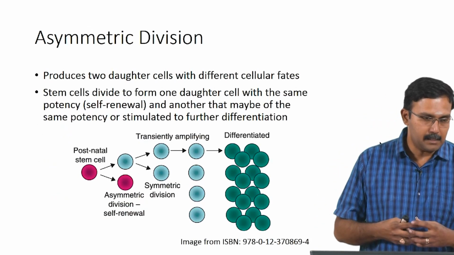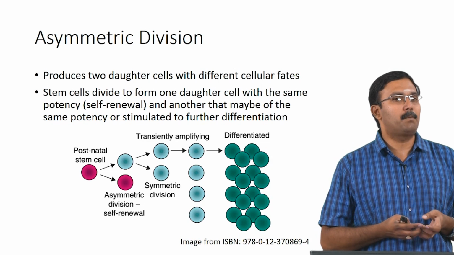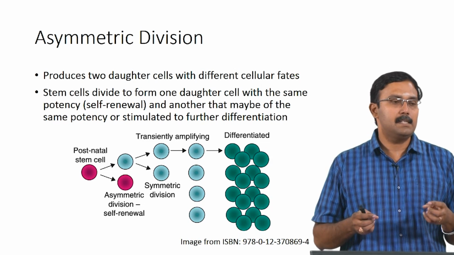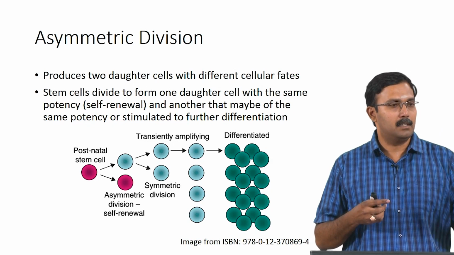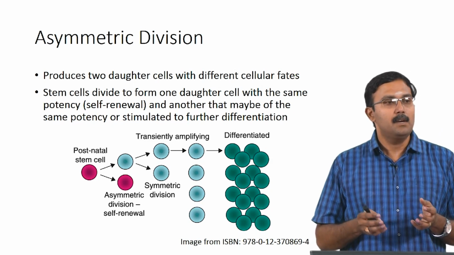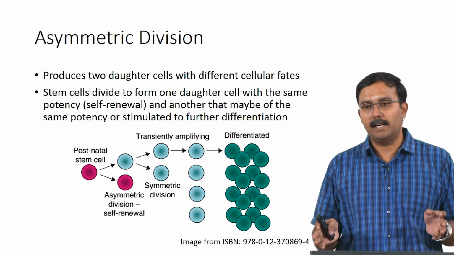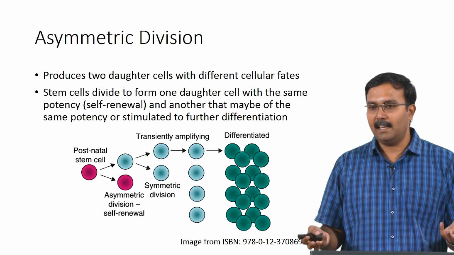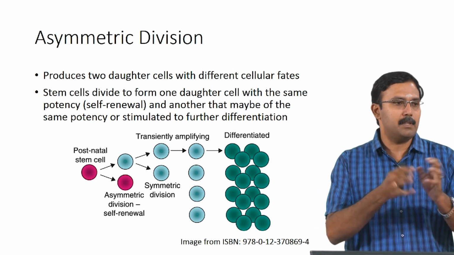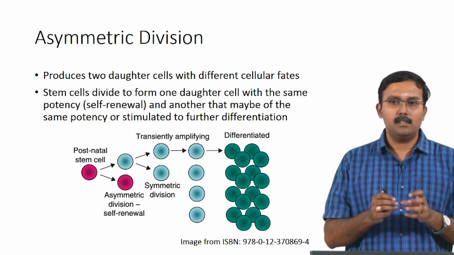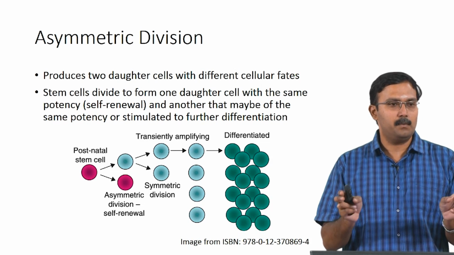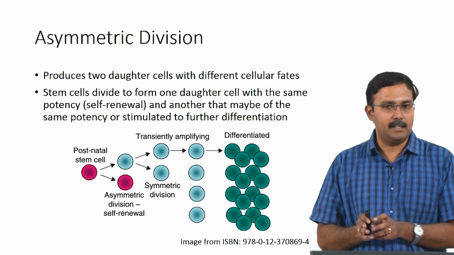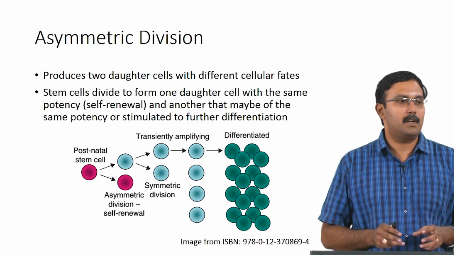So, stem cells have the self renewal property because of something called asymmetric division. So, what happens is whenever you have asymmetric division, there are two daughter cells which can have two different cellular fates. When you have mitosis, the two daughter cells formed are exactly identical and they have the same fate. Even with meiosis, that is what happens, right. Meiosis also, you form two daughter cells which have the same fate, they can only be gametes, they cannot be anything else. Whereas here that is not what happens.